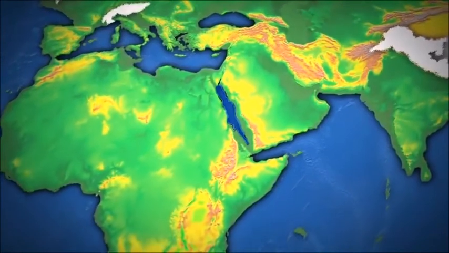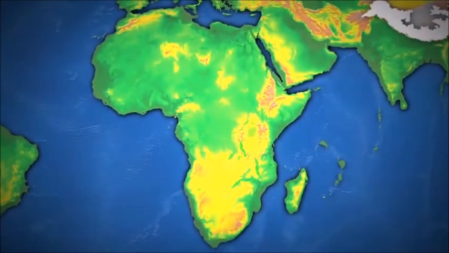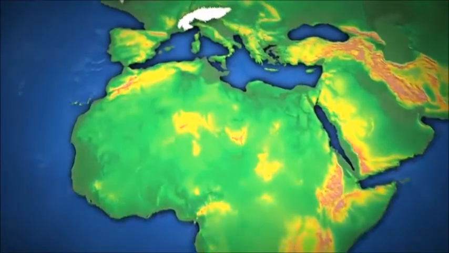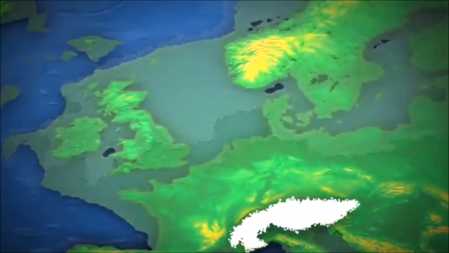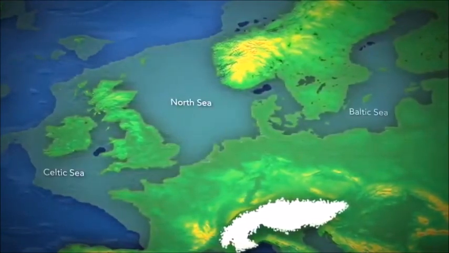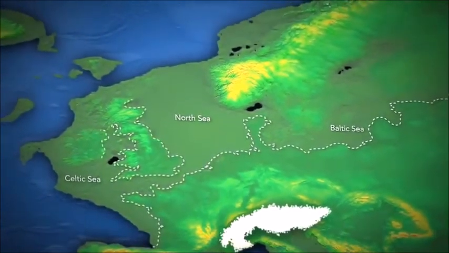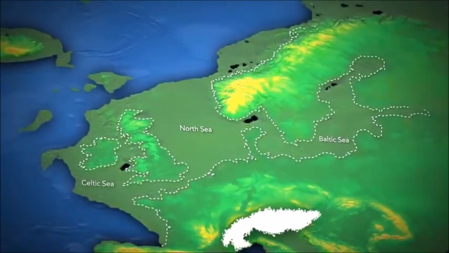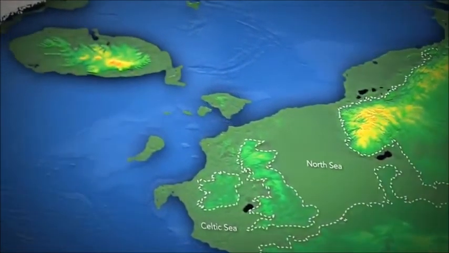Africa on the whole, however, was perhaps the least changed of all the Earth's landmasses, gaining a little ground here and there, but nothing huge, especially when compared to Asia. So moving on to Europe, if it wasn't under a tremendous sheet of ice, you'd be able to see that ocean levels dropped far enough to drain the Celtic, North, and Baltic seas, exposing the lands of Doggerland and connecting Britain, Ireland, and Scandinavia to the rest of Europe, while even creating a few new islands between expanded Europe and